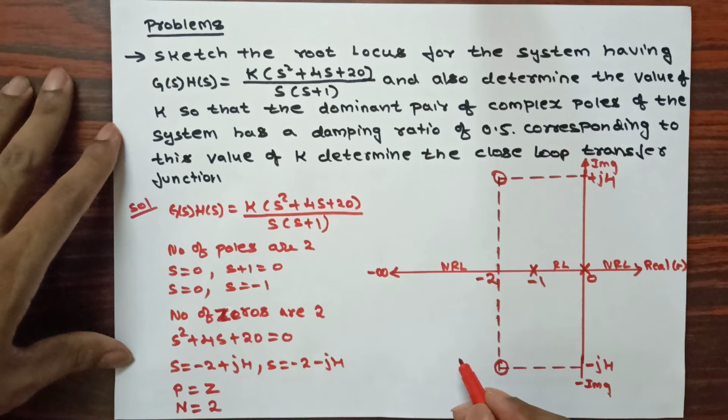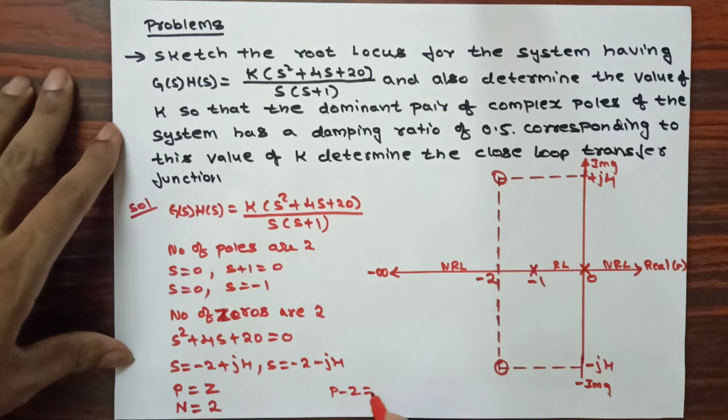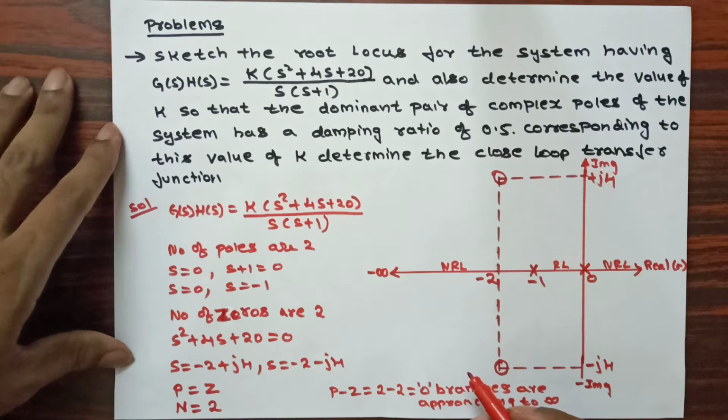Next we are going to see the number of branches approaching infinity. As we know, the number of poles minus the number of zeros is equal to the number of branches approaching infinity. In this case, the number of poles is 2 and the number of zeros is also 2. Therefore, 0 branches are approaching infinity. So when there is no branch approaching infinity, we are not going to calculate the angle of asymptotes